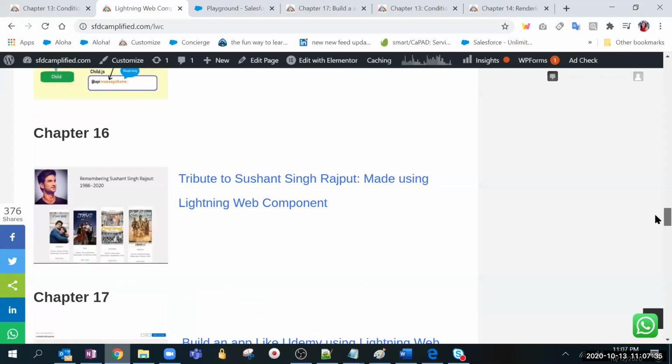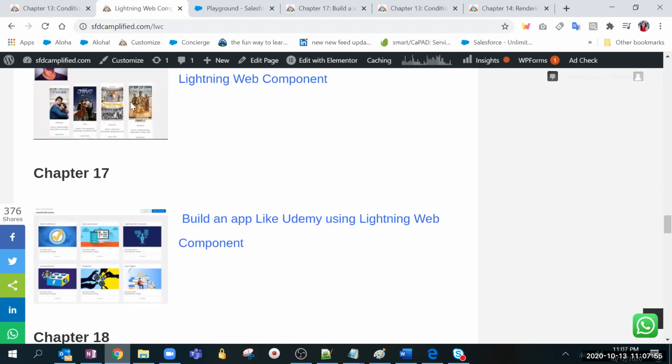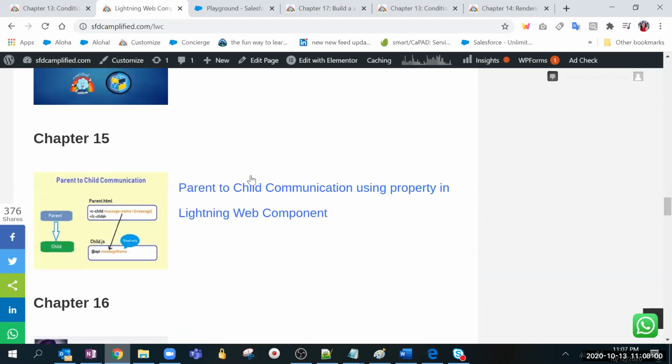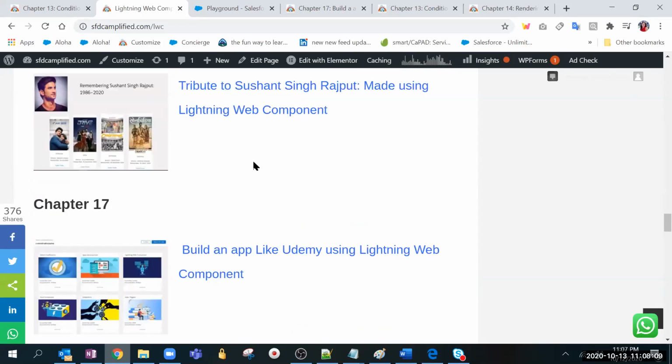So we have reached chapter 14, and we have also not completed chapter 16, you can go ahead and try. Again, you will be iterating over it, and it will be applying the same concept. Instead of having the Udemy, you can just play around and think what else you can show, and bring your own look and feel. So chapter 16, chapter 17 concepts are also done. Next time we can learn about the parent to child communication using property. This is important. But otherwise you have covered 16, 17 chapters right now in LMS.